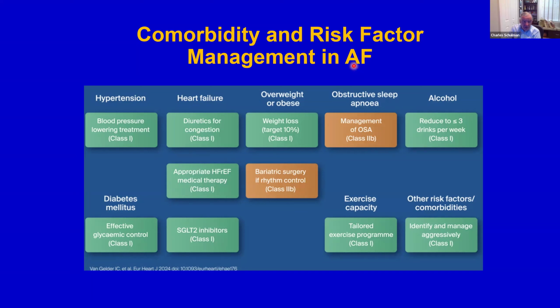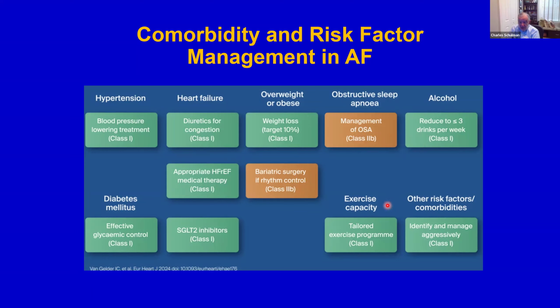So, for example, blood pressure lowering medication, effective glycemic control for diabetics, treatment for heart failure, treatment for obesity, aiming for weight loss or bariatric surgery, management of obstructive sleep apnea, reduction in alcohol intake to less than 3 drinks per week,